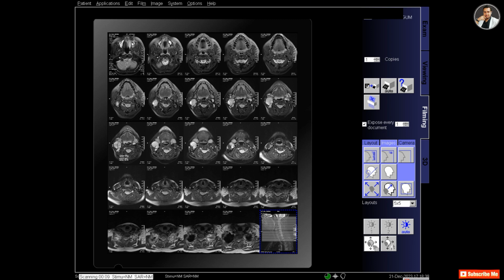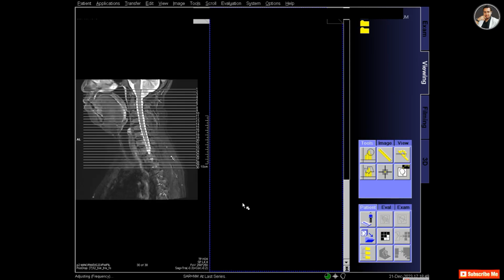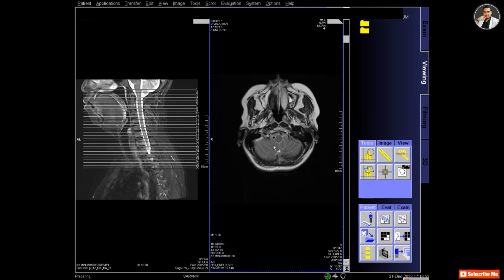You can see there is fat in the lower part of the neck because this is normal fat set. But if you select the TIRM or STIR, then you will see that there is homogeneous fat suppression in all the places of the neck.